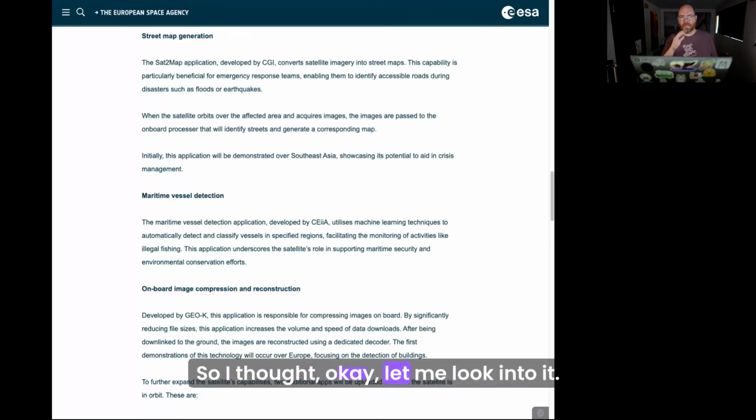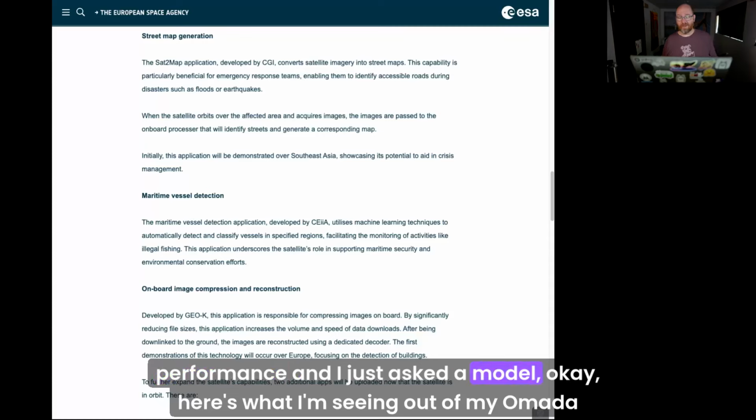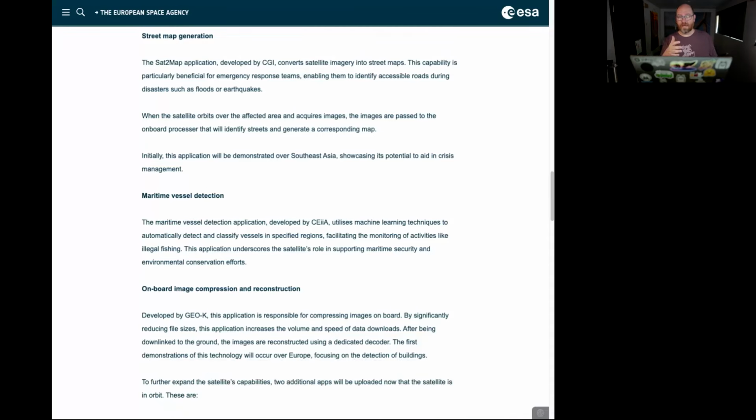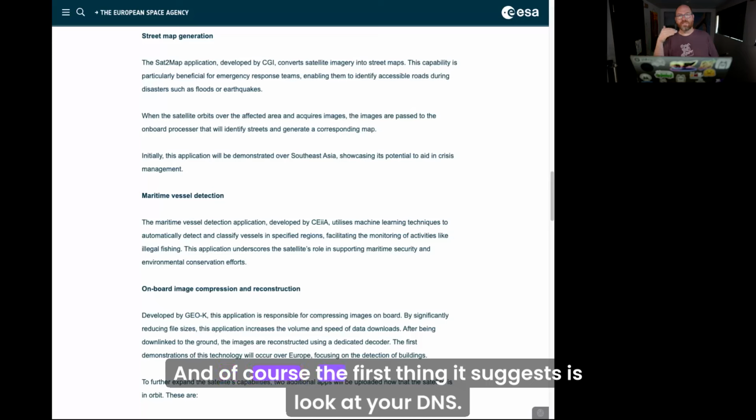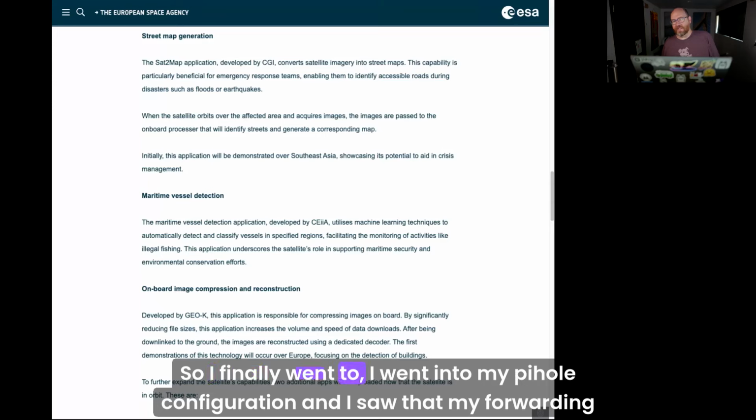So I thought, okay, let me look into it. I collected a bunch of logs and some description of the performance, and I asked a model, okay, here's what I'm seeing out of my Omada network console. What's going on? How can I fix this? And of course, the first thing it suggests is, look at your DNS. It's not DNS. And so I finally went to...